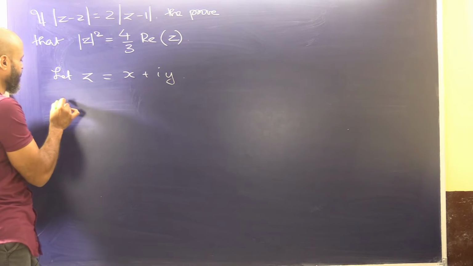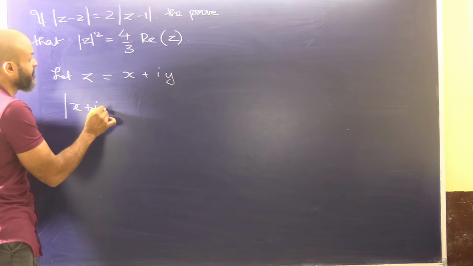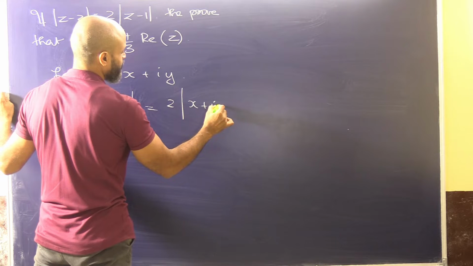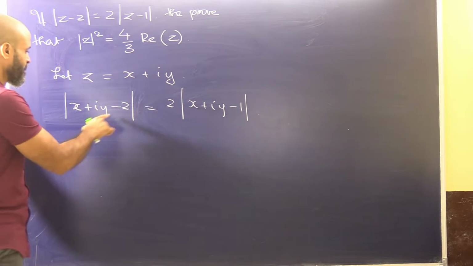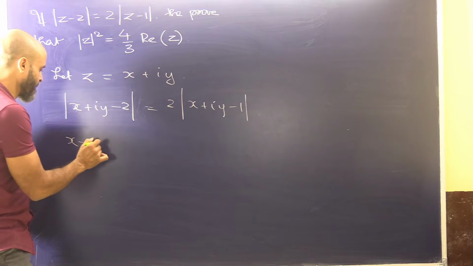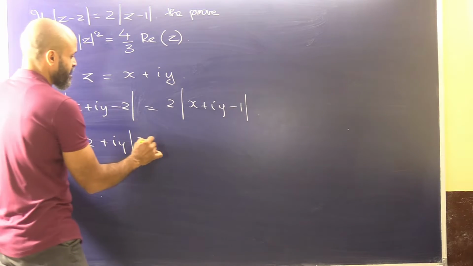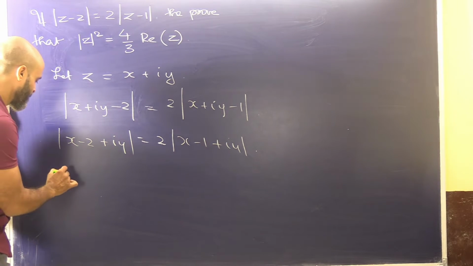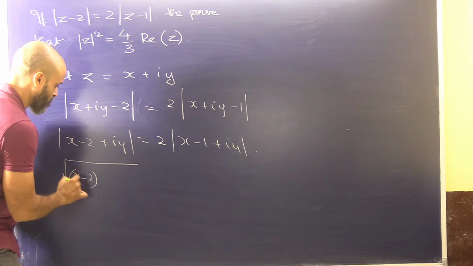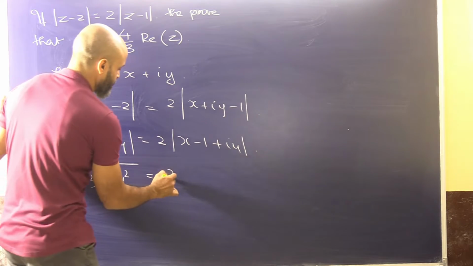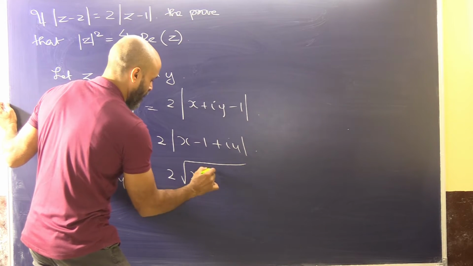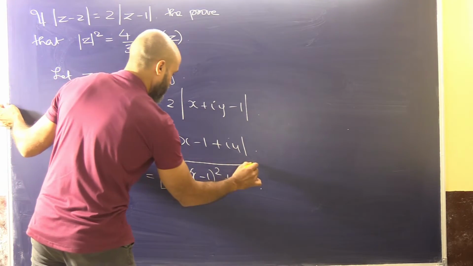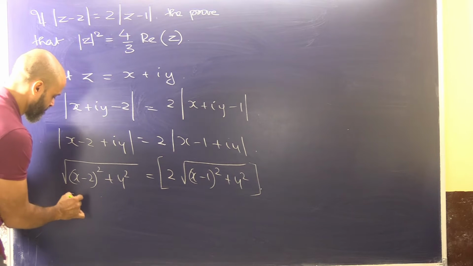In that case, we can write mod of (x + iy - 2) equal to 2 times mod of (x + iy - 1). So what will be the mod of this one? This will be (x - 2) + iy equal to 2 into (x - 1) + iy. The mod here will be the square root of (x - 2)^2 + y^2, equal to 2 times the square root of (x - 1)^2 + y^2. Now squaring both sides,